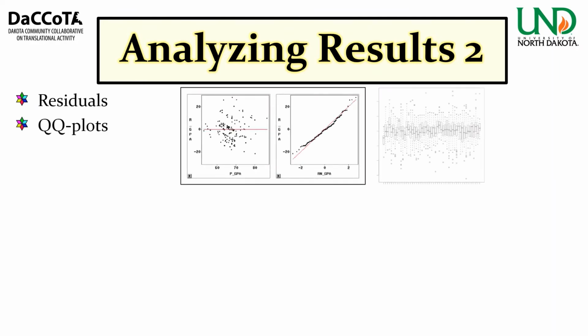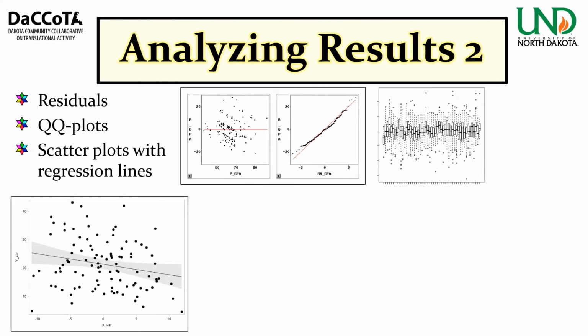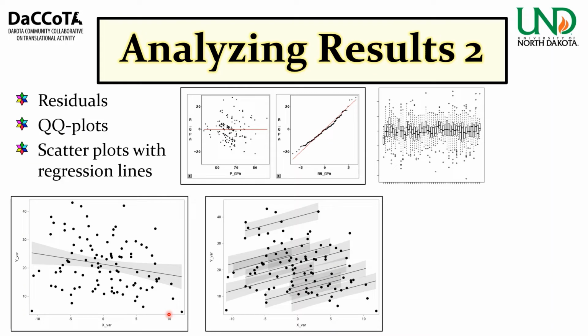Okay, other things you can do to analyze your results. Some of this is standard plotting after the fact, residuals, QQ plots, just like you would do for regression. But what's really helpful is having scatter plots with regression lines. So this is an example of just a level 1, this is essentially regression, an overall regression line. But then this is fixed, sorry, not fixed, but random